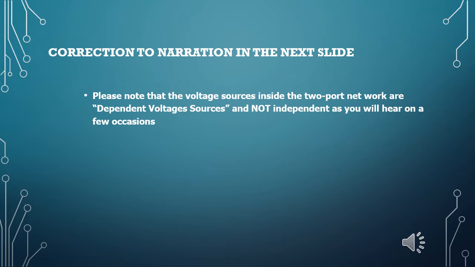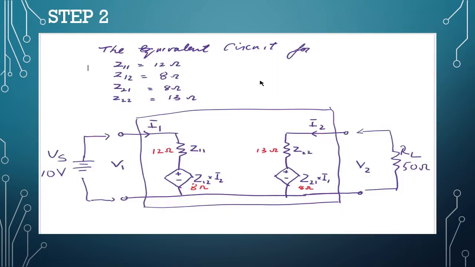Please note that the voltage sources inside the two-port network are dependent sources. Dependent sources are not independent, as they have sometimes been erroneously termed. So the voltage sources within the two-port network are all dependent voltage sources. After we have found the Z parameters, Z11, Z12, Z21, and Z22, the next step is to draw the equivalent circuit to represent those